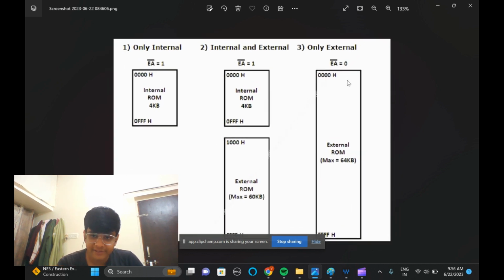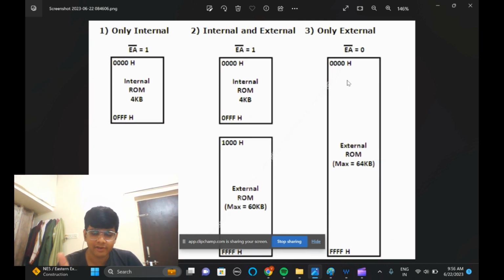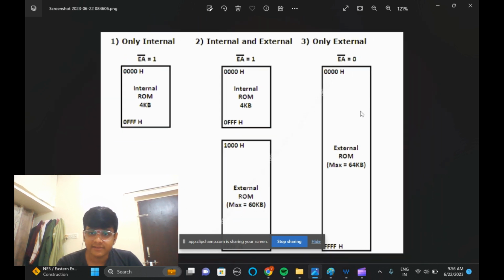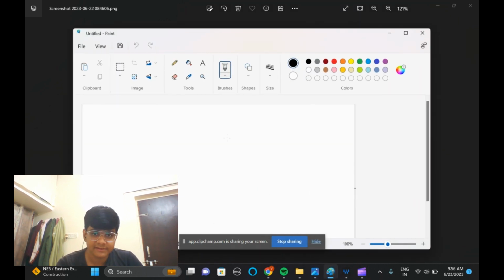External ROM needs a 16-bit address bus, so it needs 64 KB of memory. How? I will tell you: 2 raised to the power 16. As it needs a 16-bit address bus, it will require